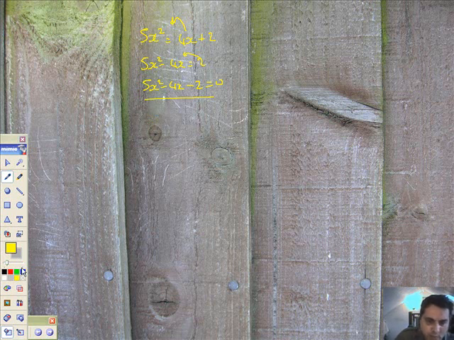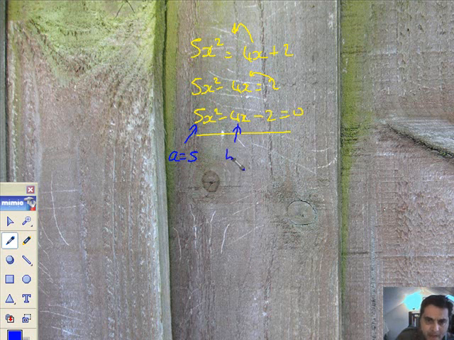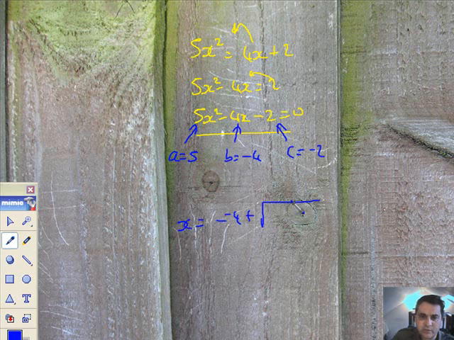So I will at least highlight the A for you. A is 5, B is negative 4, C is negative 2. Jump straight in. Here are the two solutions. So x equals minus b, which is minus 4, plus the square root of b squared, minus 4 squared, minus 4 times a, 4 5s, multiplied by c, which is minus 2,